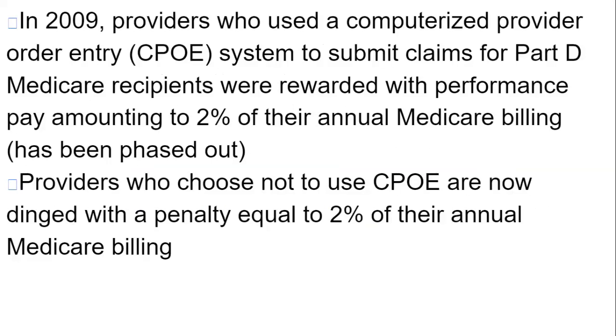In 2009, providers who used a computerized provider order entry, CPOE, system to submit claims for Part D Medicare recipients were rewarded with performance pay amount of 2% of their annual Medicare billing. It has been phased out now though. Providers who choose not to use CPOE are now dinged with a penalty equal to 2% of their annual Medicare billing. So if you don't do this system, they actually make you pay 2% out of your Medicare